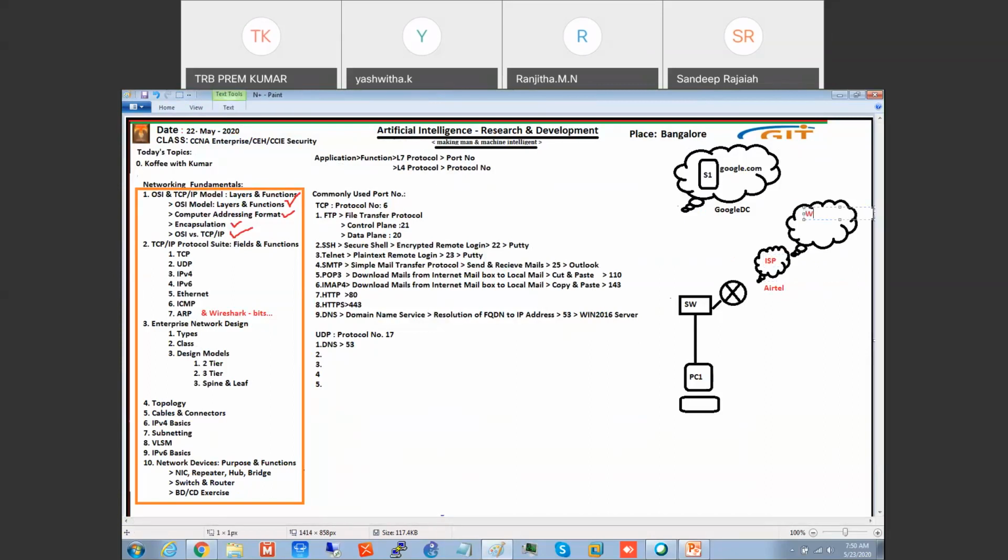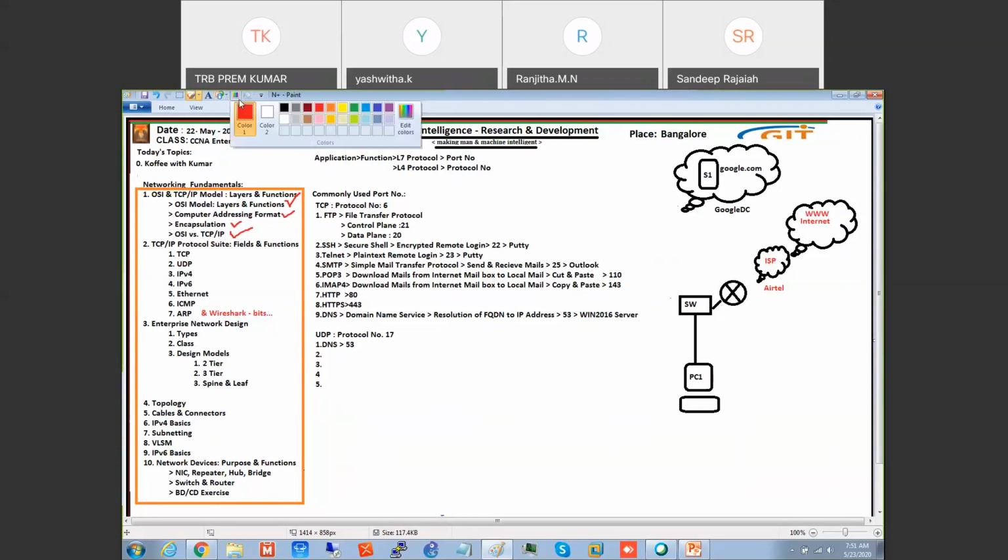So what is Internet? Physically, it is a World Wide Web, World Wide Wire Web. This Internet is public. Now, who are all connecting to this wire web? They are also in Internet. Now, this Google data center also connected in wired web. So they connected like this.